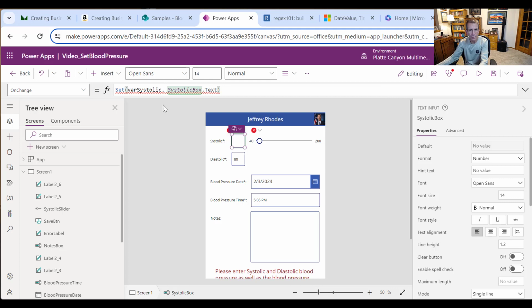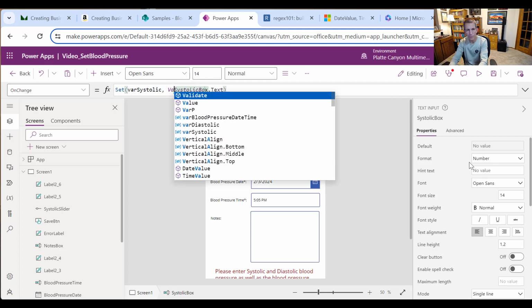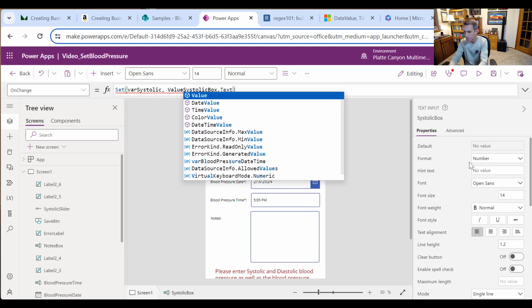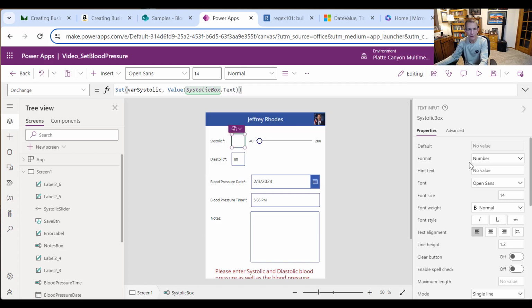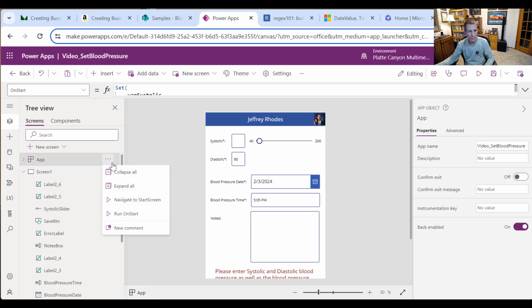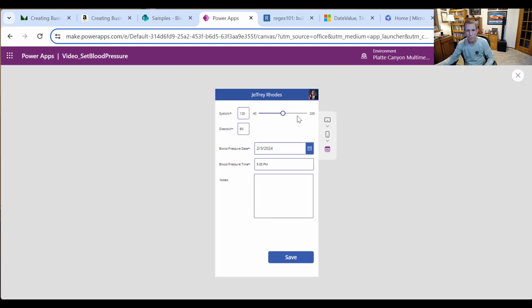And it'll probably give an error because it's not a number. So we'll just say value of that. There we go. Not sure why that's not showing up at this moment. So let's run the on start again. There we go. And let's play and see if we, yeah, so it doesn't do it until we let go